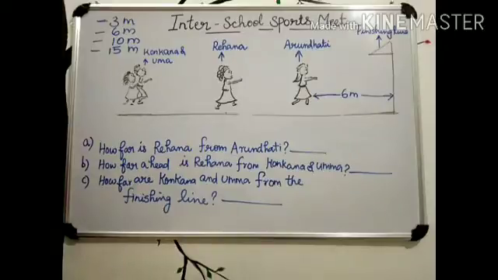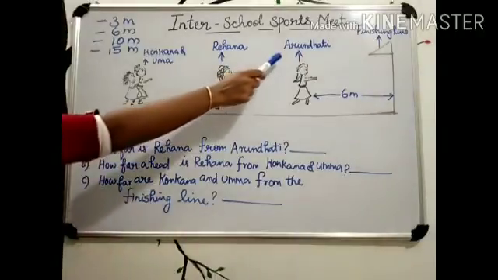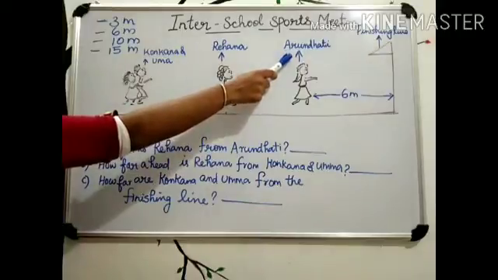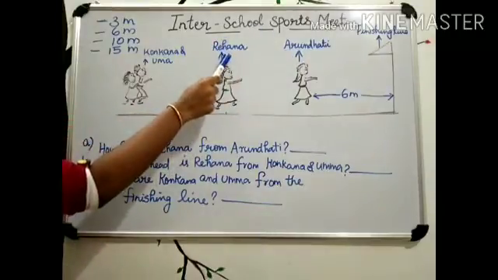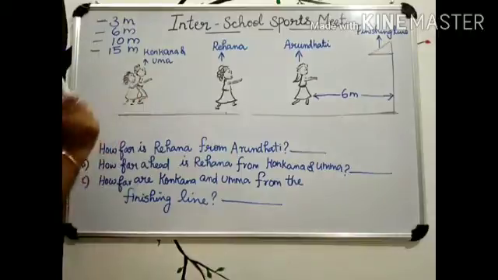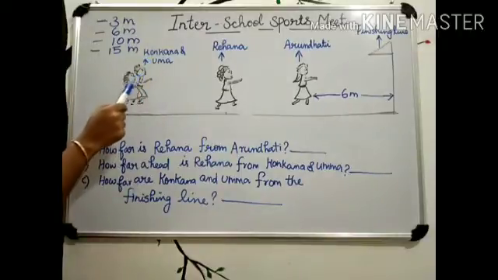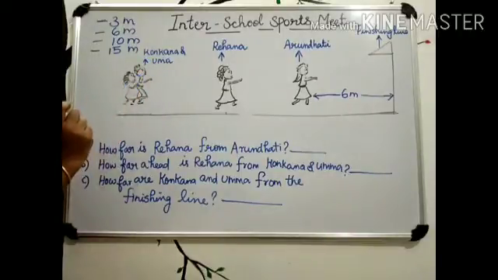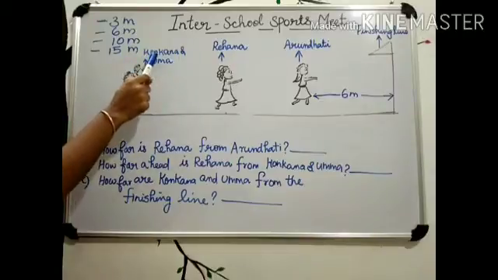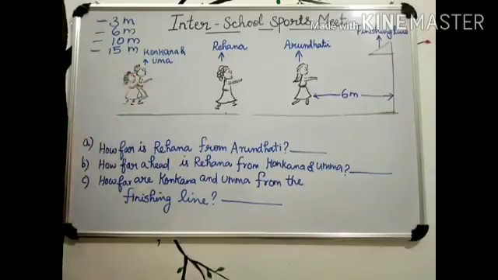See, here you can see 4 girls. The first one is Arundhati. This is Rahana, and here you can see 2 girls. They are Konkana and Uma. Understood? So in this picture,